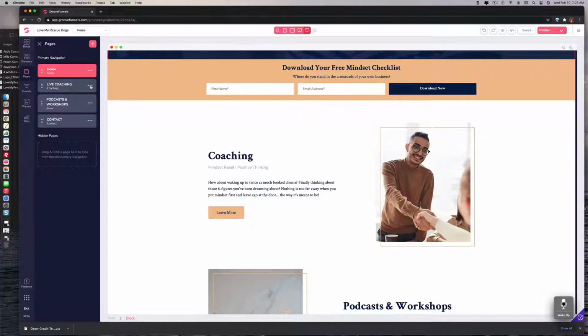So let's click on these 3 little radio buttons here that say live coaching, and I'm going to rename that, and I'm going to name it dog training. And of course, I need to spell it correctly. I'm going to click this little button here to save the changes. I'm going to come down to this one, podcasts and workshops, do the same thing, say rename. And I'm going to name that,